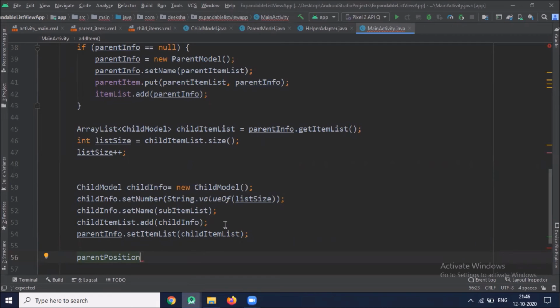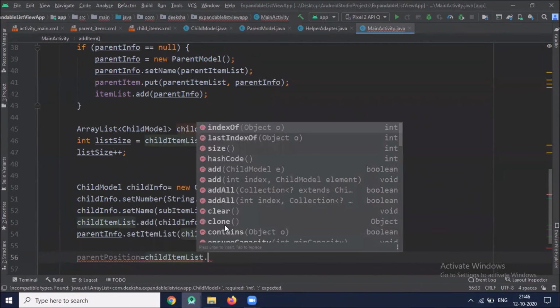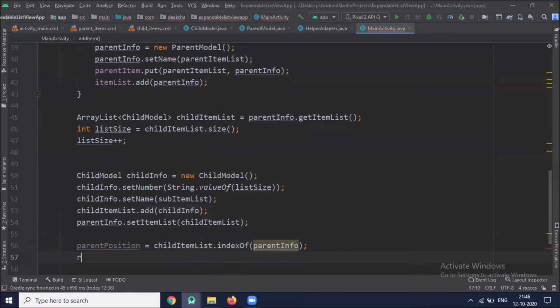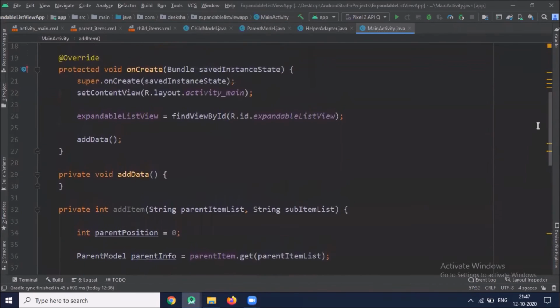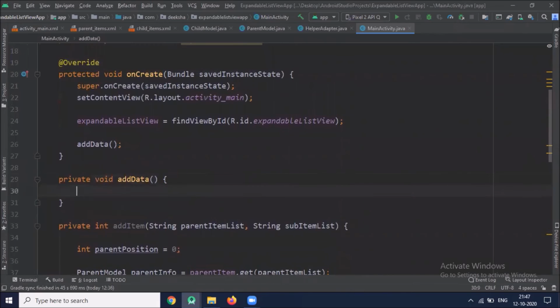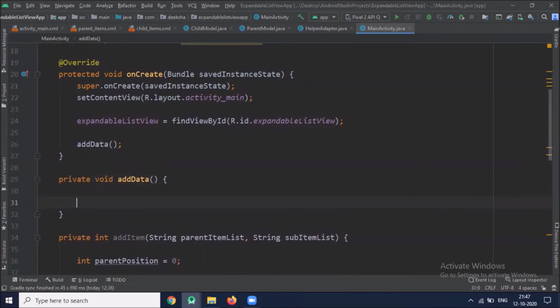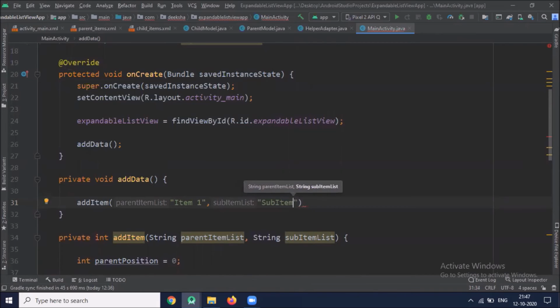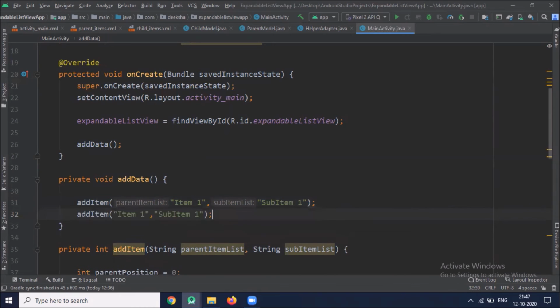Now we will find the parent position inside the list. Now we work on add data. Here we load our data into our list. Here I'm using hard-coded data.